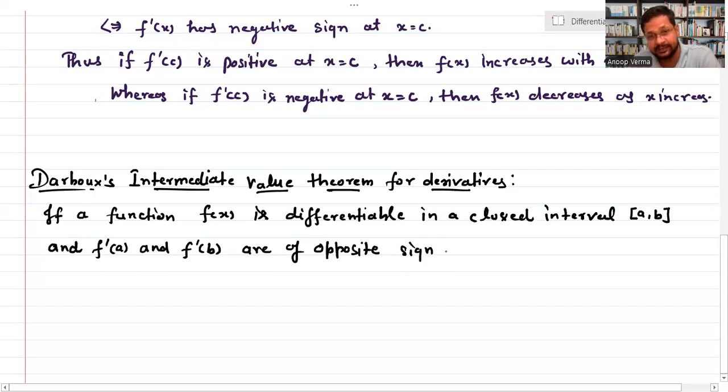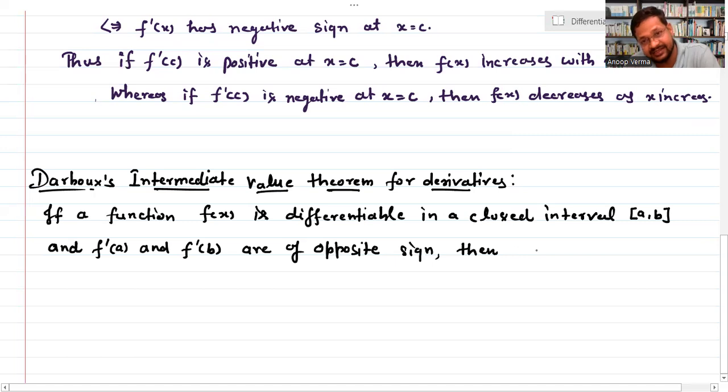What is the meaning of this? It means at the point A, the function is increasing or decreasing, and at the point B it is also increasing or decreasing. तो अगर A पे इंक्रीज कर रहा है तो B पे डिक्रीज कर रहा है, B पे डिक्रीज कर रहा है तो A पे इंक्रीज कर रहा है. So they have the opposite sign. Okay. Then